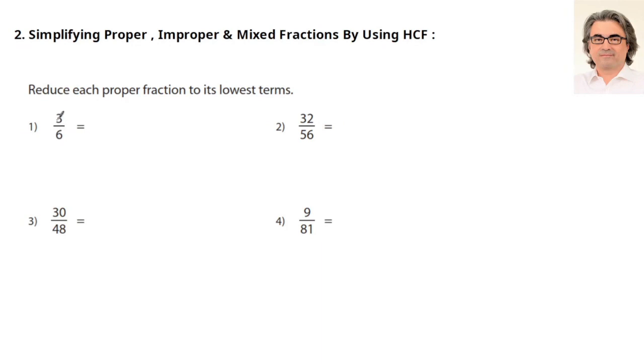Now, in the first example, 3 over 6. What is the highest common factor of 3 and 6? Of course, 3. If you divide both with 3, if you divide 3 with 3, you will get 1. If you divide 6 with 3, you will get 2. 1 over 2 is its lowest term. And the second question,